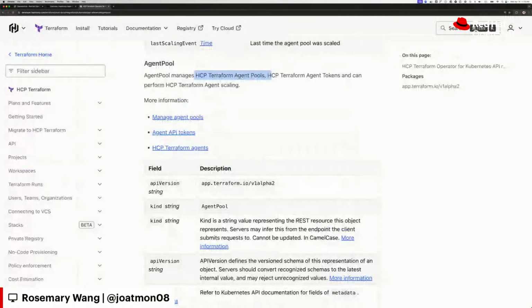And then you would still use the operator to defer the request to HCP Terraform or Terraform Enterprise, and the control plane will then send the request down to an agent pool. And then you can run it within your OpenShift cluster. So that's kind of the roundabout way this works.